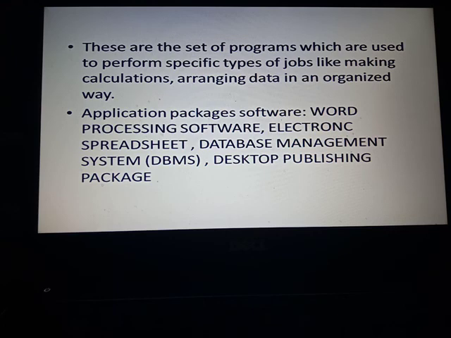Application packages software. Some of the application package softwares are word processing software. In word processing software, there are different word processing packages, with which we can read and write things. Electronic spreadsheet, for example MS Excel, is in the form of rows and columns in which we can easily calculate the data. Database management system software examples are Oracle,